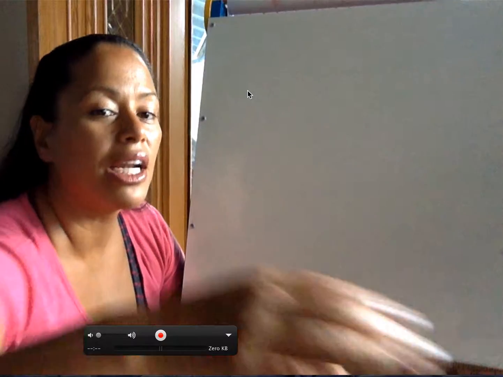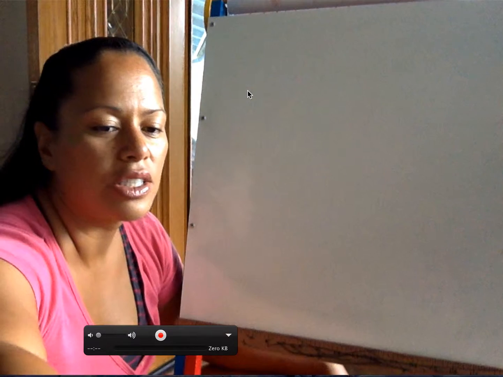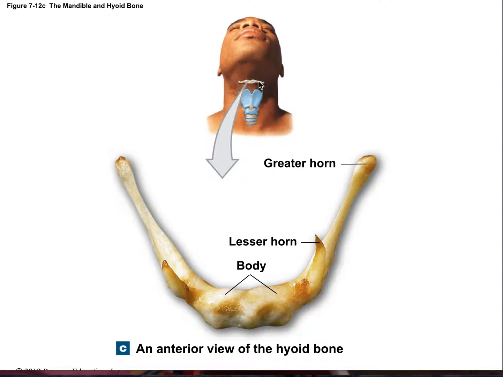Hyoid, right? We said hyoid. So the hyoid bone, it supports the tongue. It's at the base of the tongue. And a lot of muscles will attach from below, attach from above, and so it's kind of just hanging there. It's not attached to any other bones.